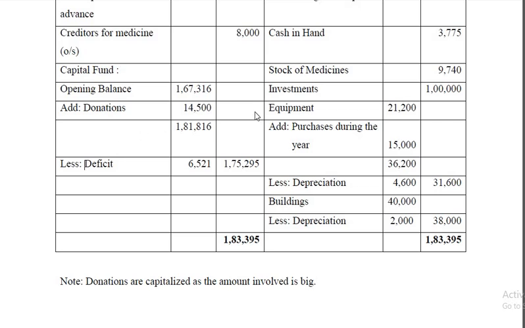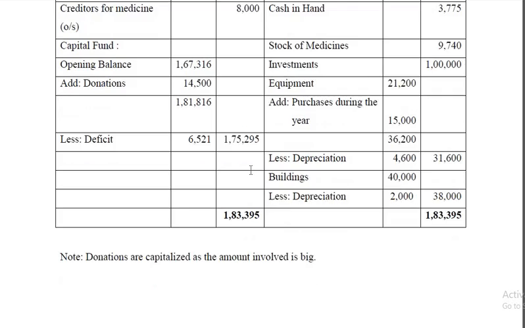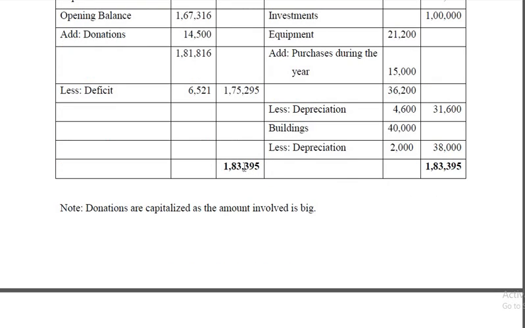Then if there is surplus during the current year, that should have been added, but here there is a deficit or shortage. Expenditure is more than income. Therefore, we have deducted that. As a result, 1,79,295. So, the total of both the sides